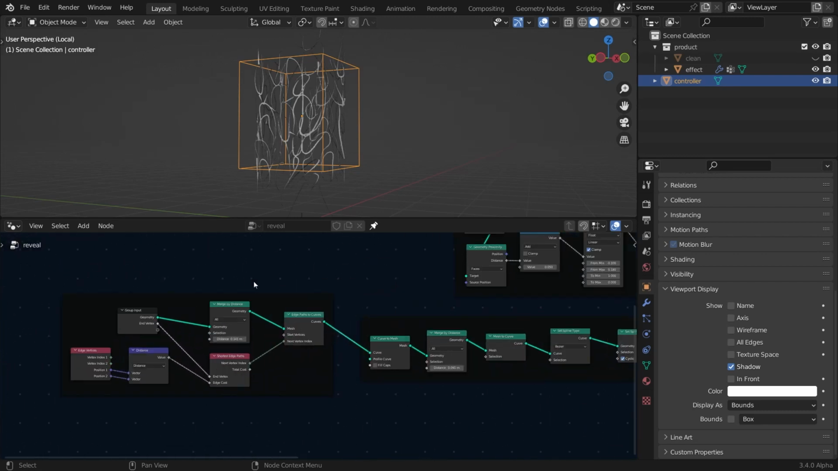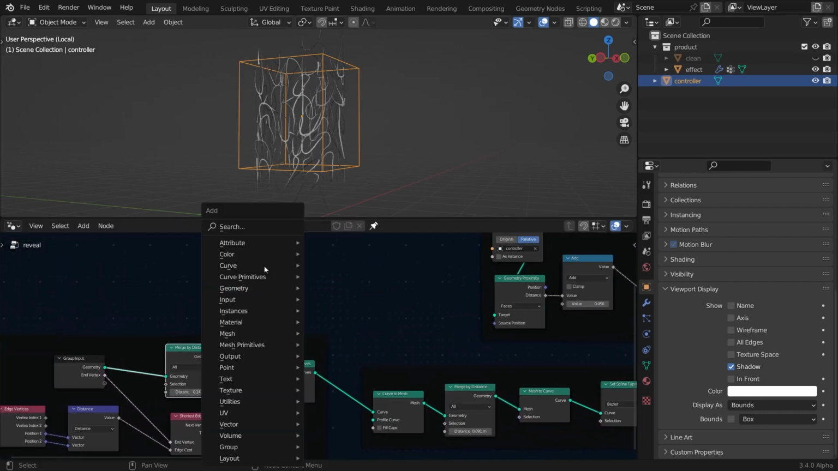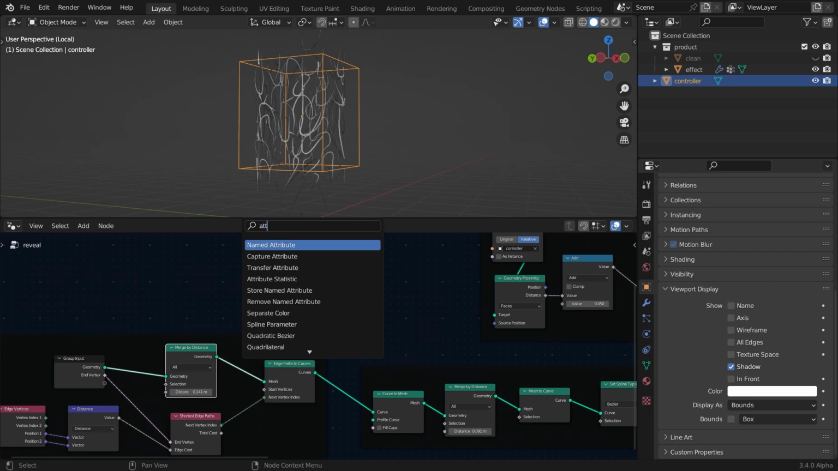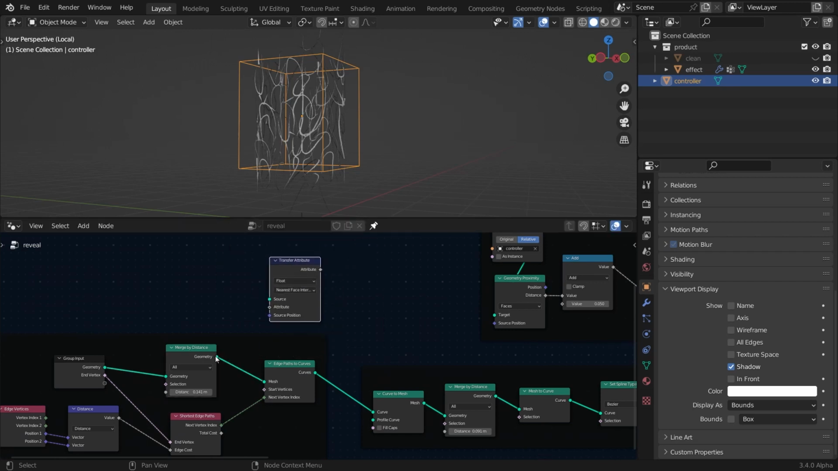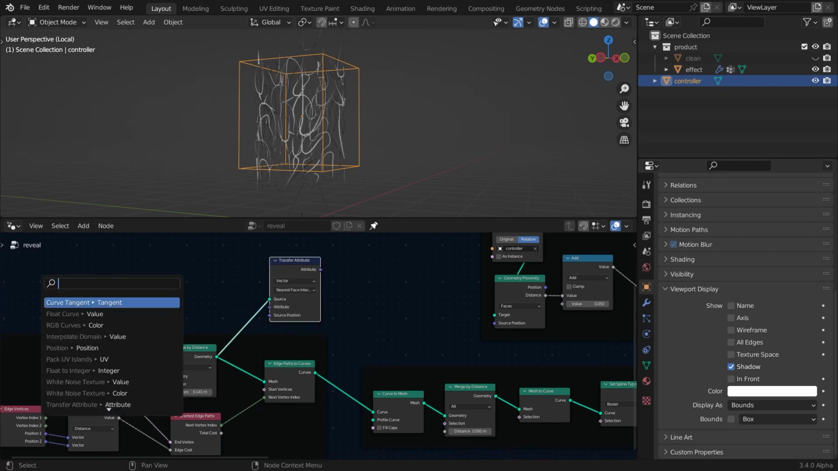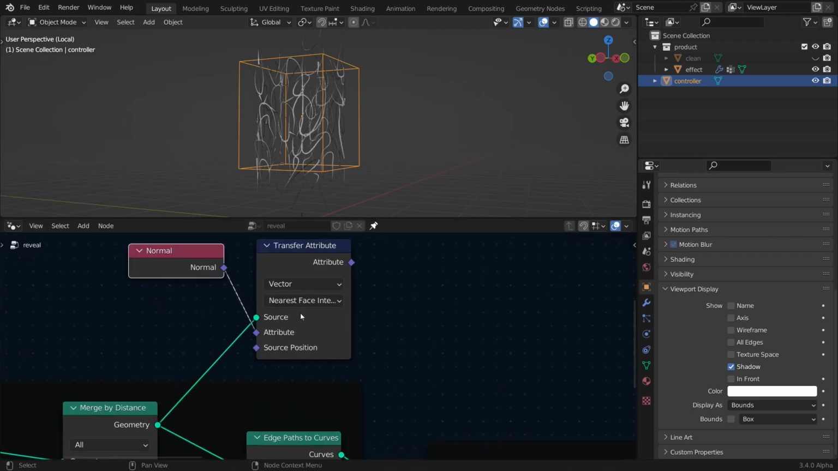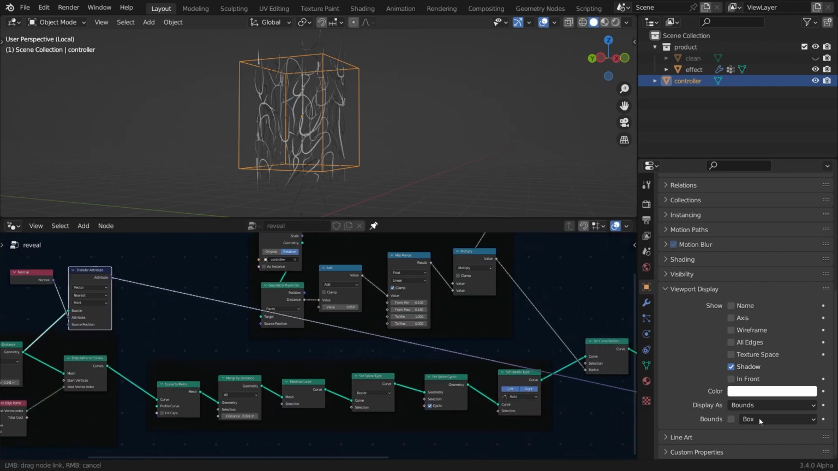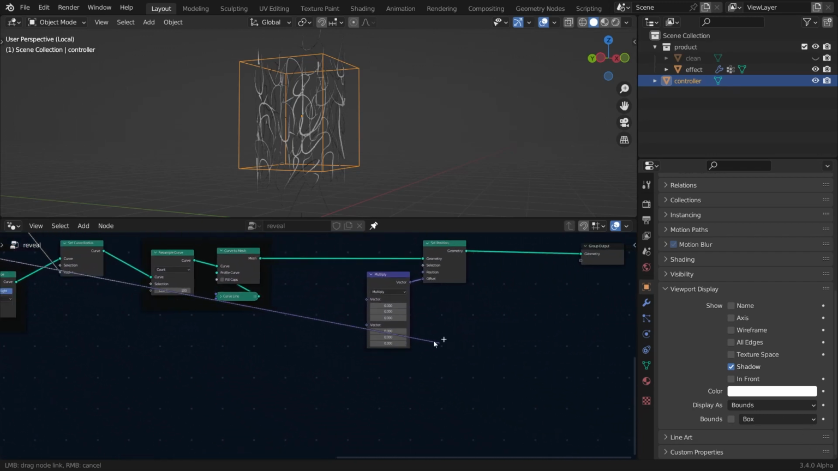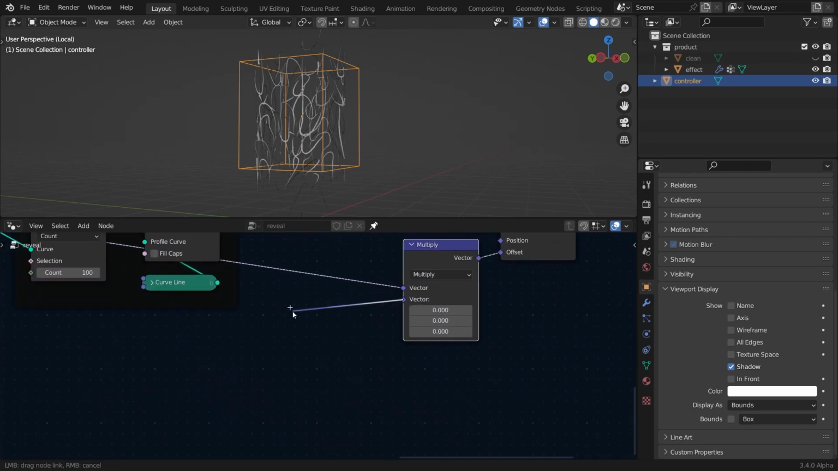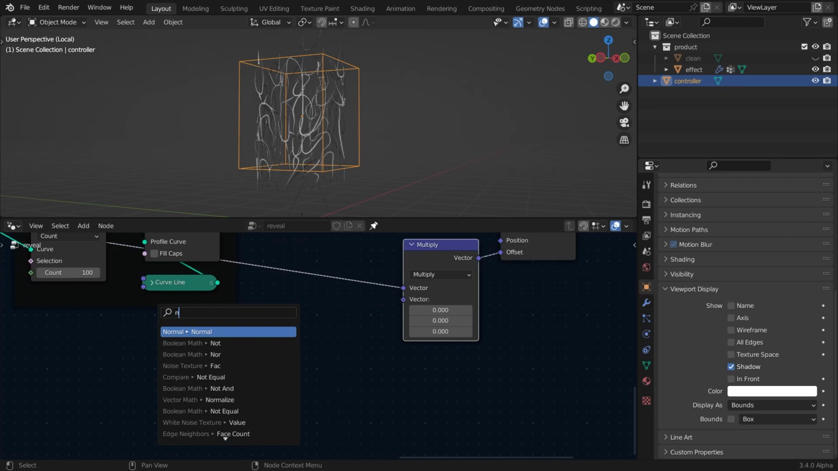and then right here after the merge by distance node I'm gonna add an attribute, which is the transfer attribute. Connect this to the source and set it from float to vector, and in the attribute I'm gonna add a normal node, and I'm going to set it to the nearest. Now get this attribute and connect it to the multiply, and right here just going to add a noise texture,